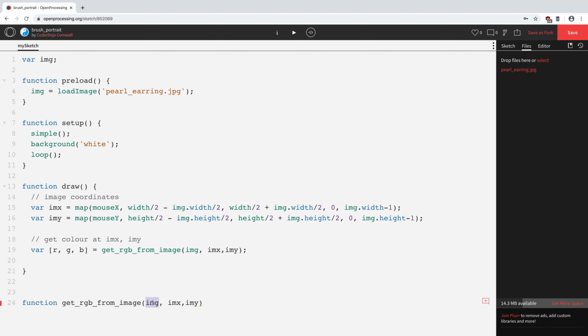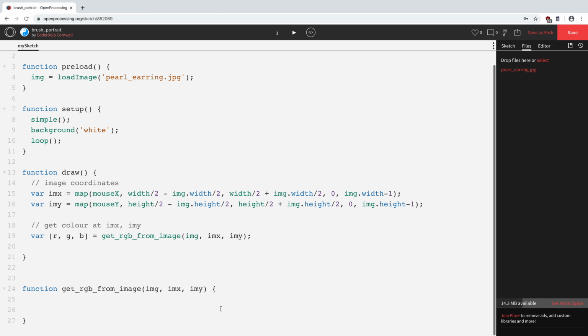We can use the same variable names here, they won't clash. IMX, IMY, still intuitive. Right, so we need somehow to use IMX, IMY, image Y, to pull out the red, green, blue values from that image. Now how do we do that? Well,